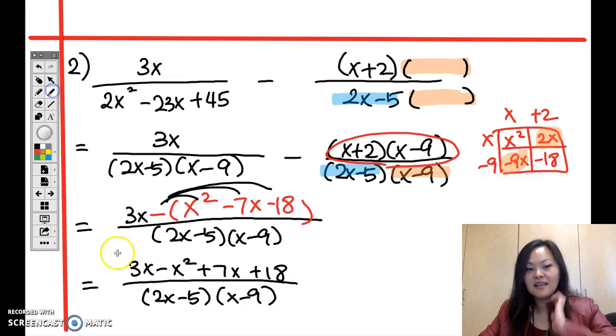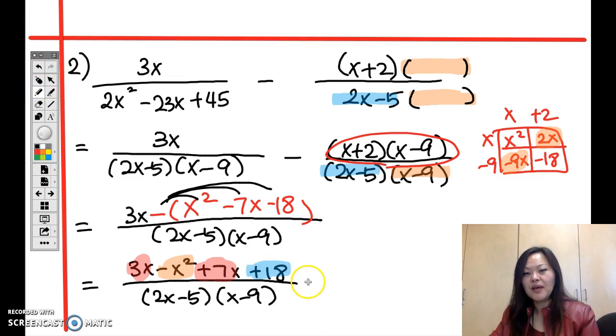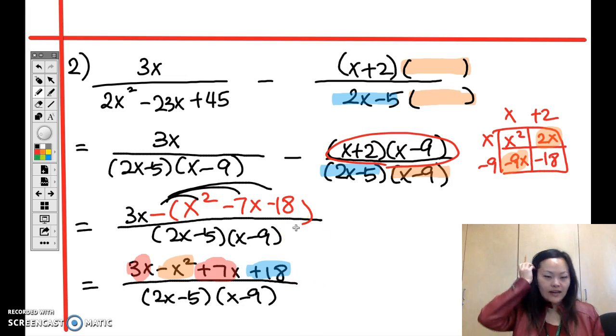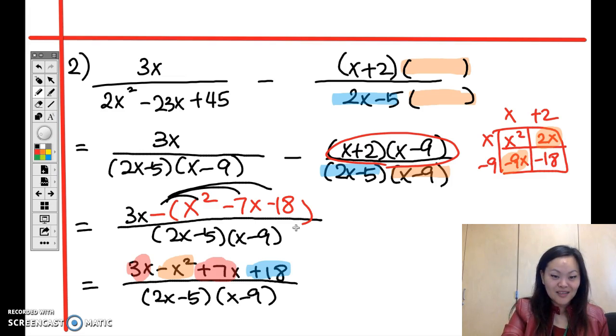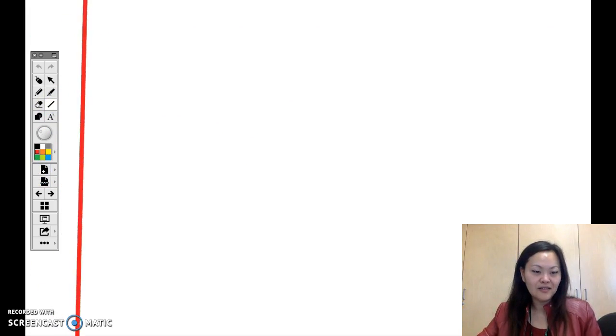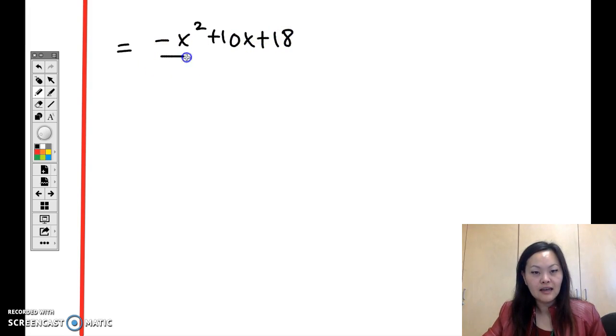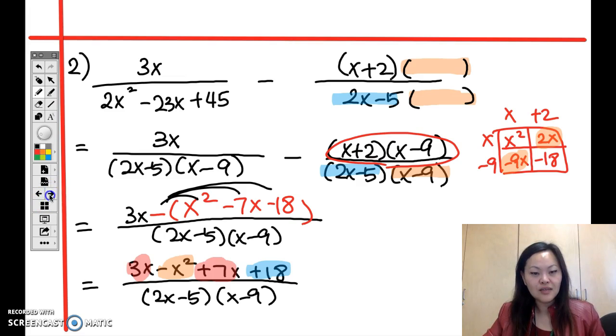Okay, so now let's combine like terms. The negative x squared is by itself. The 3x goes with the 7x. And then the plus 18 is by itself, right? Okay. Ooh, I don't have space here. I'm going to have to move to the next page, right? So let me write this down on a sheet of paper. So let's combine them. Let's move on to the next page, okay? So there you go. That's going to equal negative x squared plus 10x plus 18. And our denominator was 2x minus 5